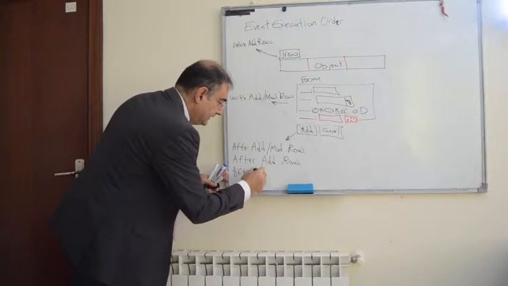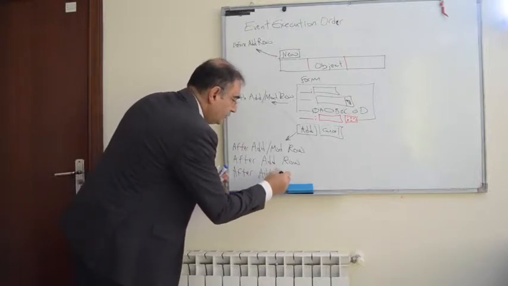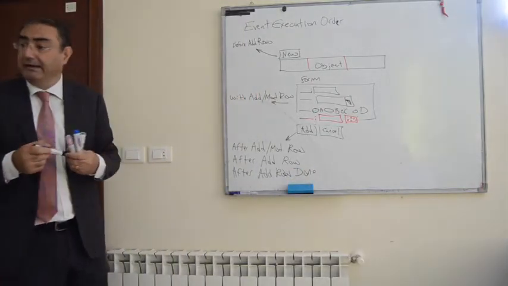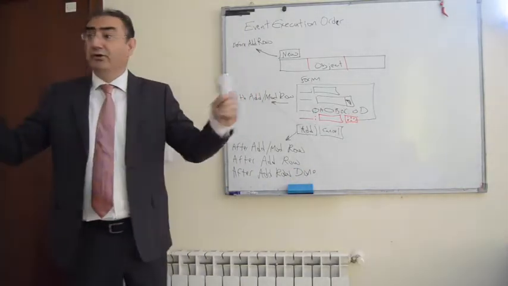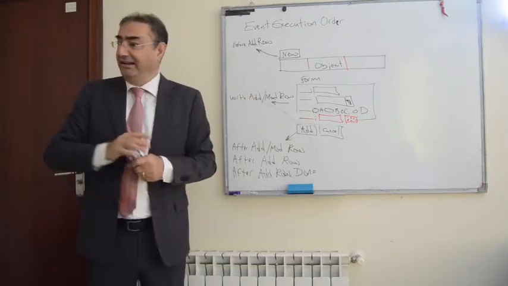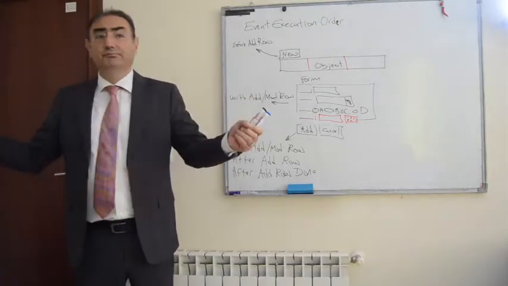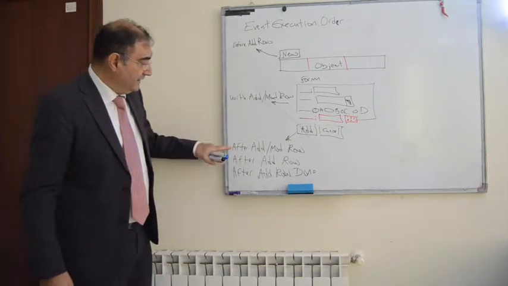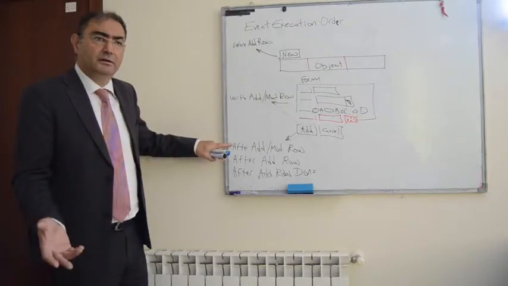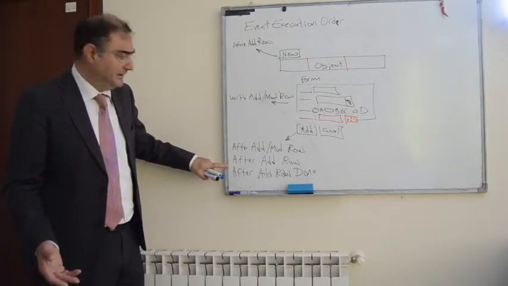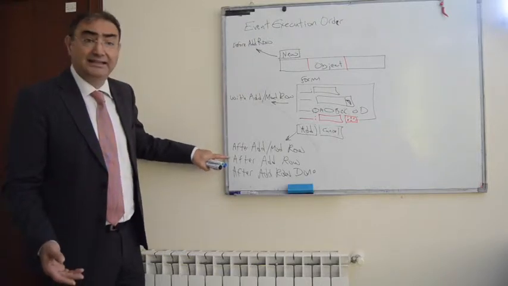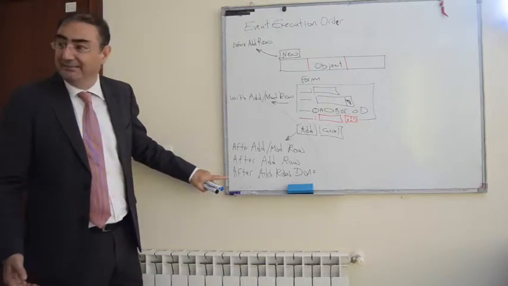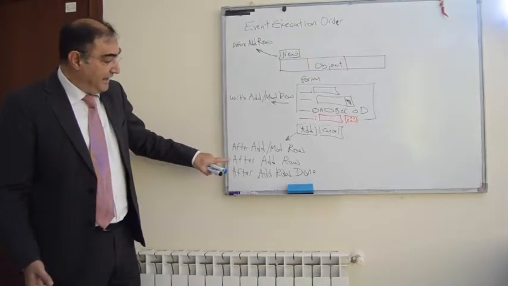Okay? We do one more thing that's called after add row done. What does that mean? I inserted the row, I have a UID, it is in the database. Before I commit, do you want me to do anything else? Look, what's the difference between this and this? This is before I send it to the database. This is after I send it to the database. So, after add row,